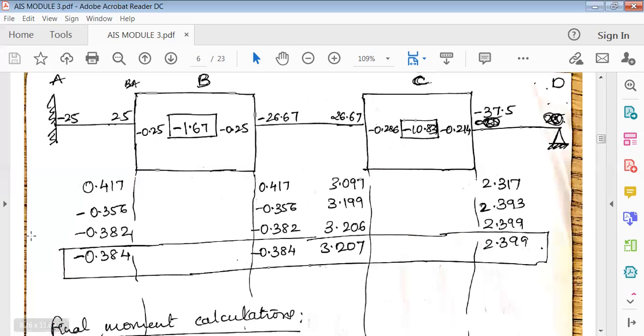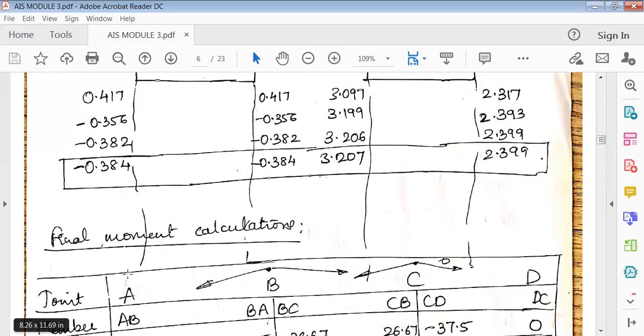So at the fourth iteration you need to stop here, because the difference between the third step and the fourth step is not much. You can see here it is 382, this is 384. Same thing here, then it is 206, 207, 399, here it is same only. So this is the point where you need to stop. You should carry out these iterations until the difference from the previous step is not much. Once you get these values, these are the values you have to use to calculate the final end